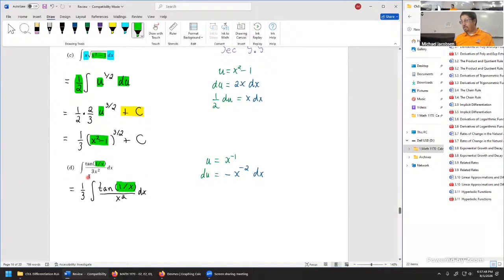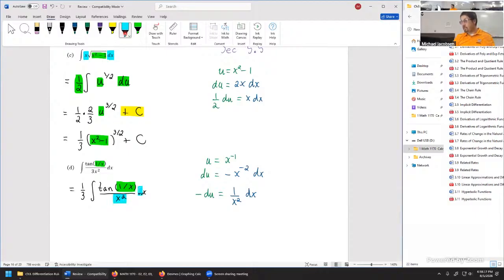So now that weird 3 is no longer a problem. Other issue is there's no negative sign here, but we could just move the negative sign to the opposite side. Multiply both sides of that equation by negative 1. And negative du is now positive x to the power negative 2, or you could rewrite that as 1 over x squared dx. And you can separate this out as tangent of 1 over x times a 1 over x squared, or